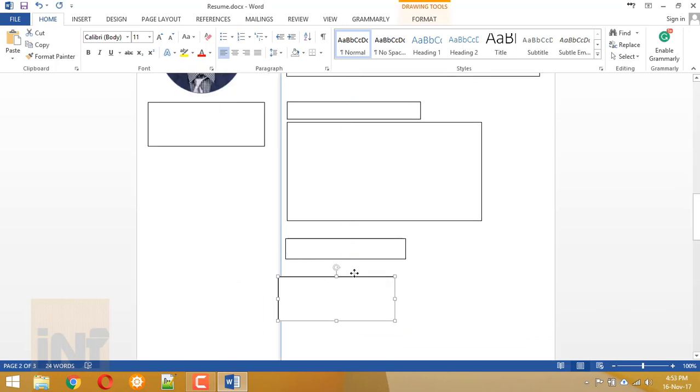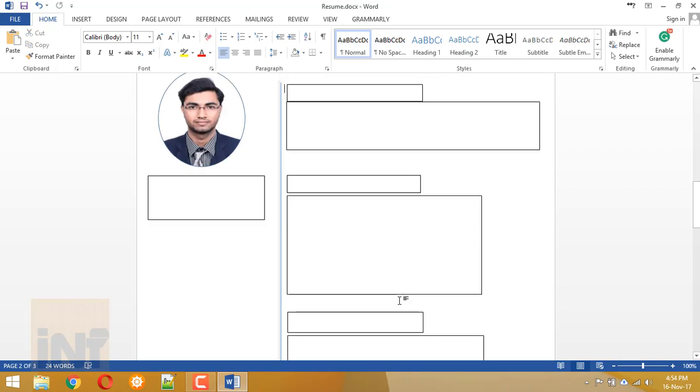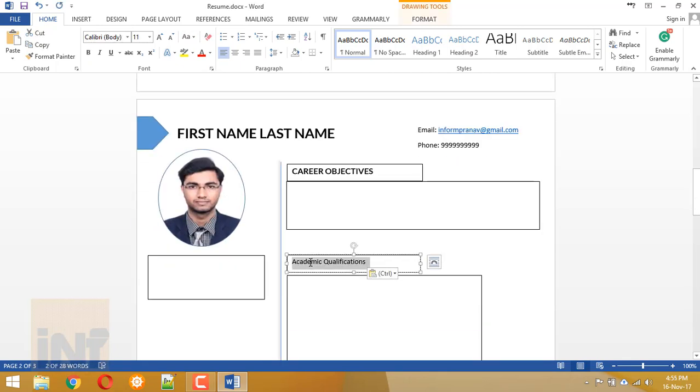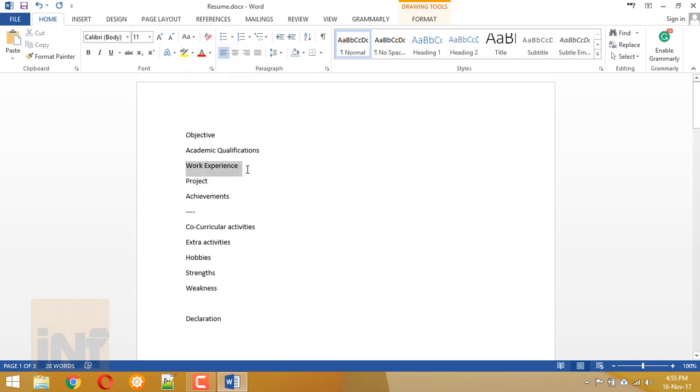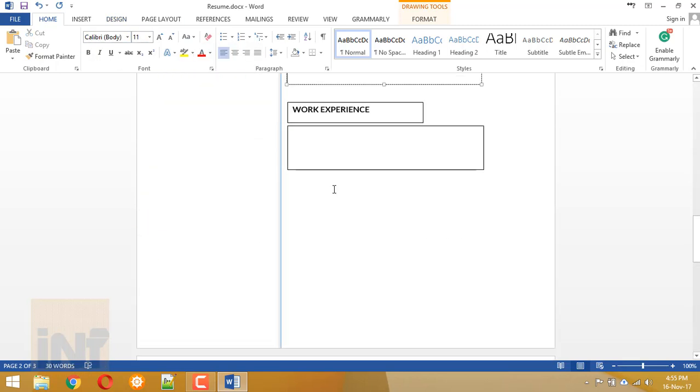So I'm just speeding up this process, and I will be adding more and more text boxes because these are required for aligning, for writing the document. Okay, I'm just gonna name that first box as career objective. I'm gonna use Lato font family and of size 12 font size, and then academic qualifications on the second subheading box, then work experience